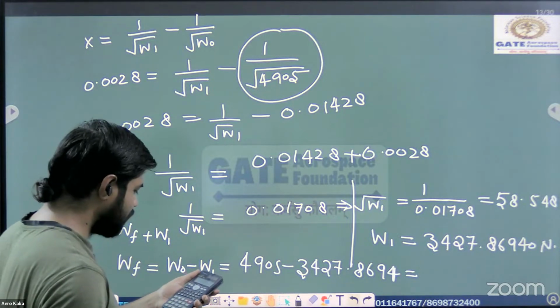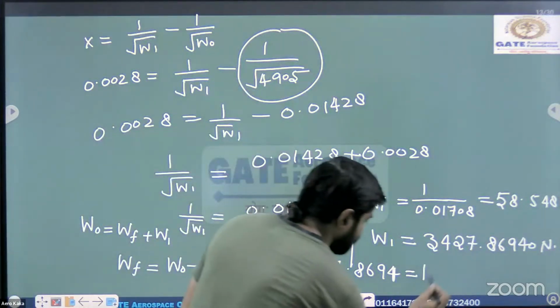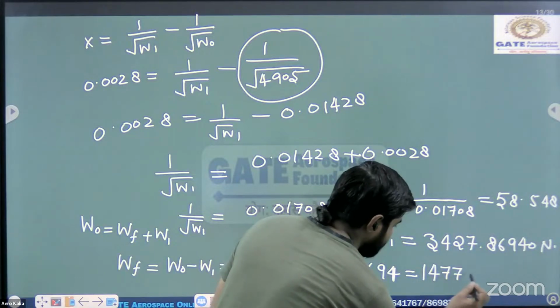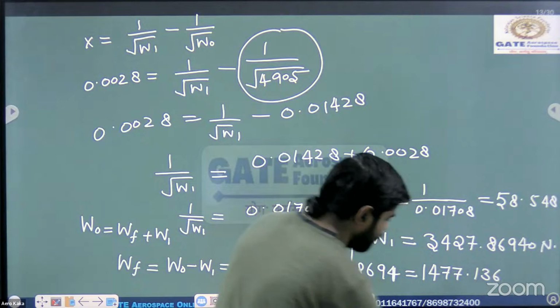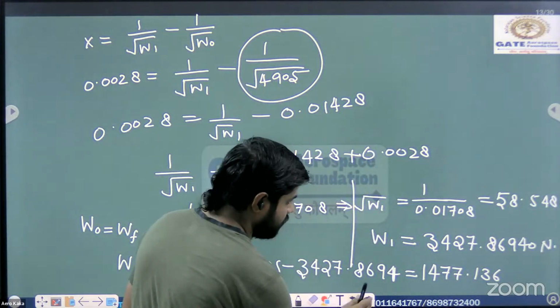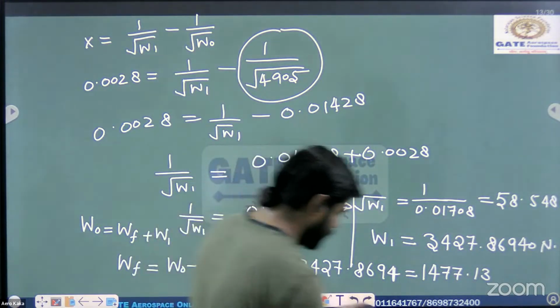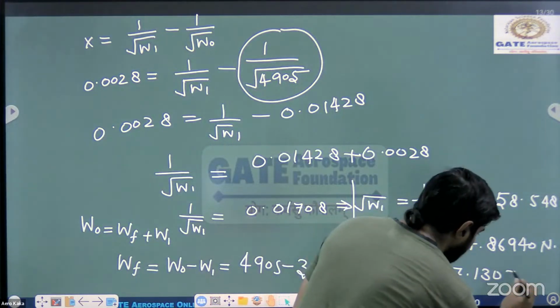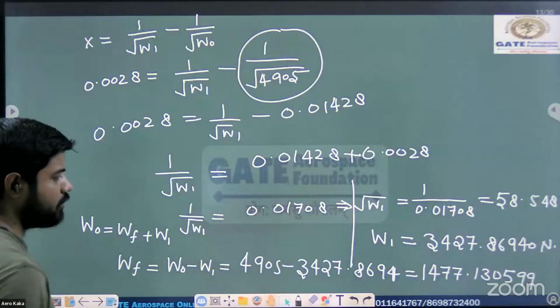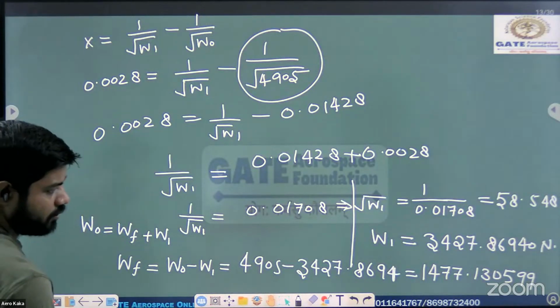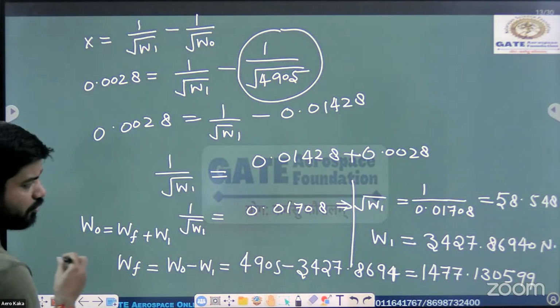1477.1306. 1477, right? Yes, sir. 1477.136, something, up to 3 decimal points. Otherwise, 130599 you are getting, right? If I'm not wrong. Yes, sir. If you write up to 3 decimal points, we can write